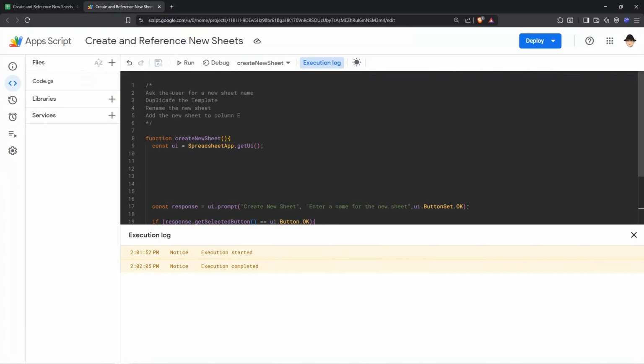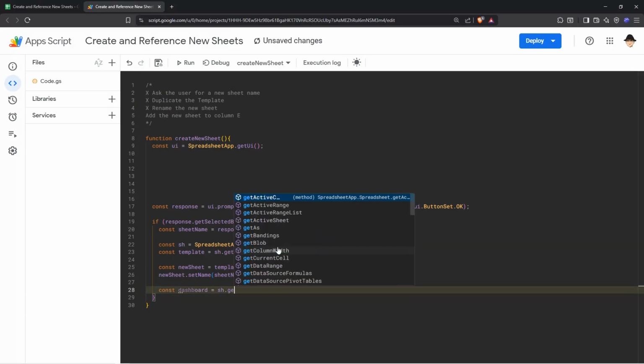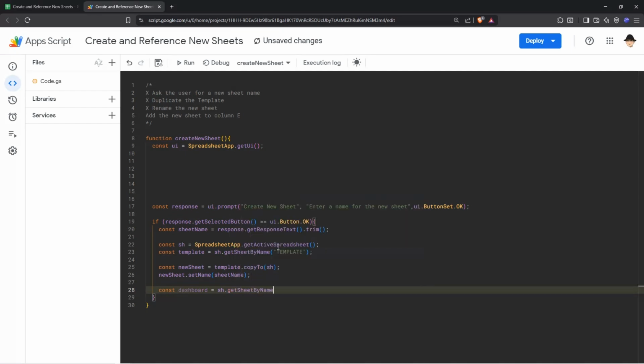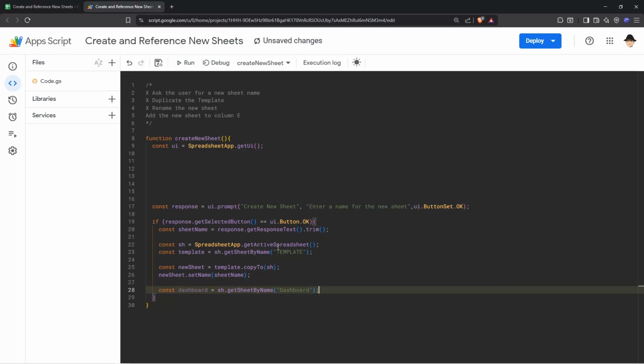All right, so that was ask the user for a new sheet name. Got it. Duplicate the template. Got it. Rename the new sheet. Got it. Now what we need to do is add the new sheet name to column E of the dashboard. So let me first declare my dashboard. ss.getSheetByName dashboard. The column E values,